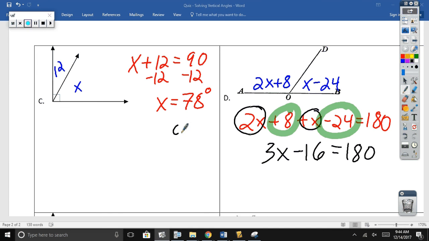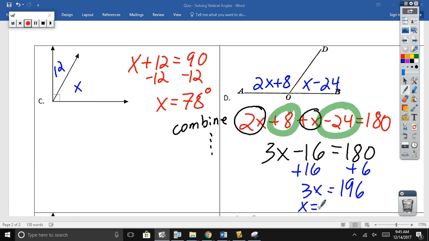On your paper, you could be putting combined like terms on the side. From there, it's just a two-step equation. First, always add or subtract, move over what is being added or subtracted. I call it the naked number, the number without the variable. So we're going to add 16. We get 3x equals 196. Divide that by 3. We get x equals